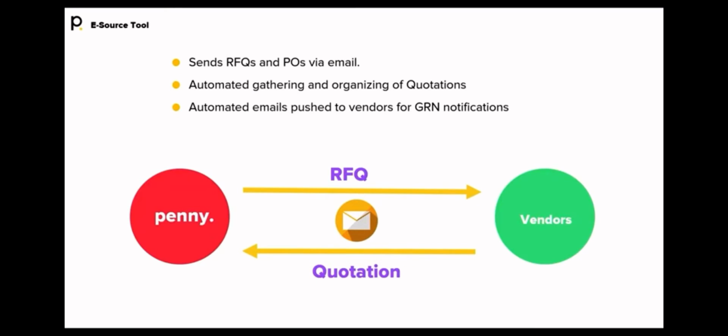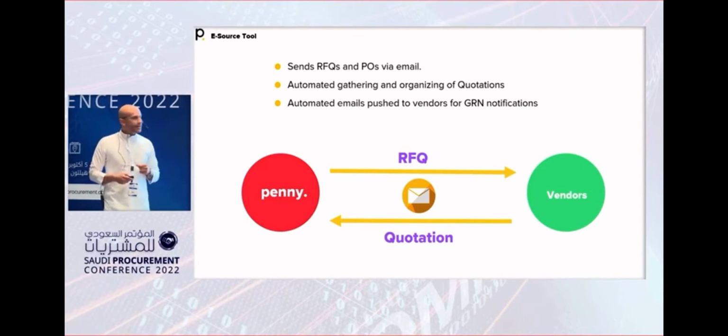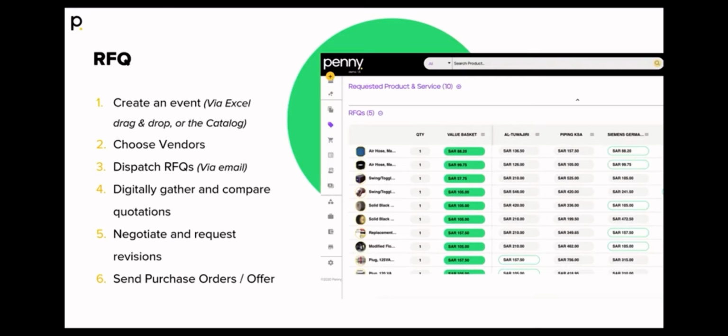The beauty about using Penny is that your vendors do not have to use the platform. You don't have to bother your vendors with implementing a new platform. If today you are sending your RFQs or RFPs to your vendors via email, you can do this with Penny, business as usual to the vendor. So Penny would send an email to your vendors. The vendors can participate or quote you via email, and the system would take the quotation and log it back in a comparison table. It would create an Excel sheet-like view in which it gathers, compares, and analyzes all the